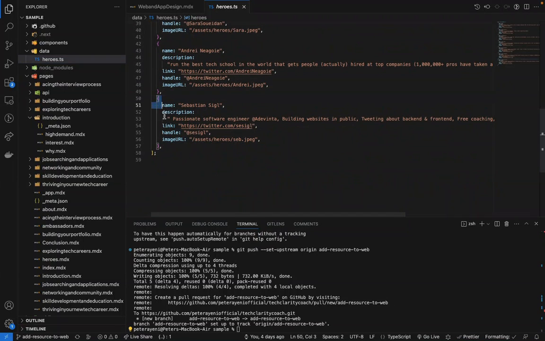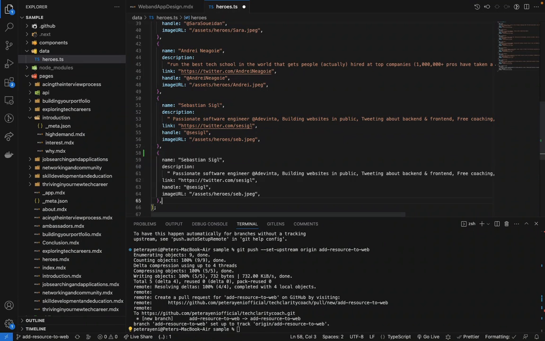So let's say, for instance, I had another hero. Let me add myself even. To add a hero is relatively simple. You could just copy and paste like that and just change all of these things. Peter IN. So what about me? I'm not sure. So Andrew is like the Peter INE